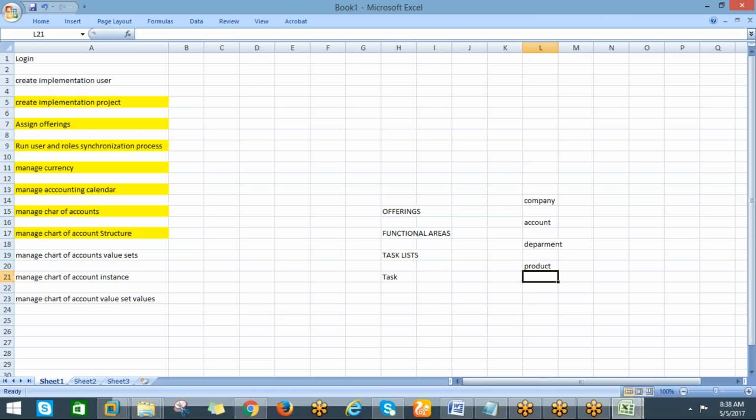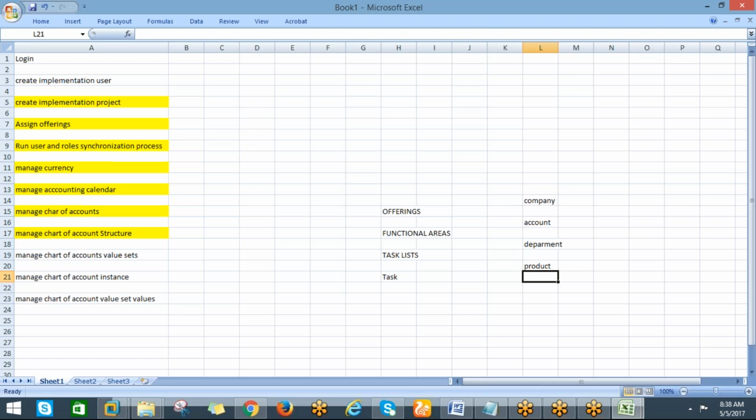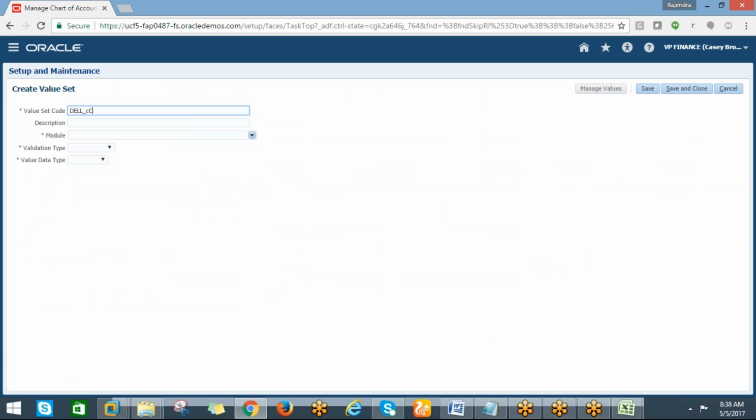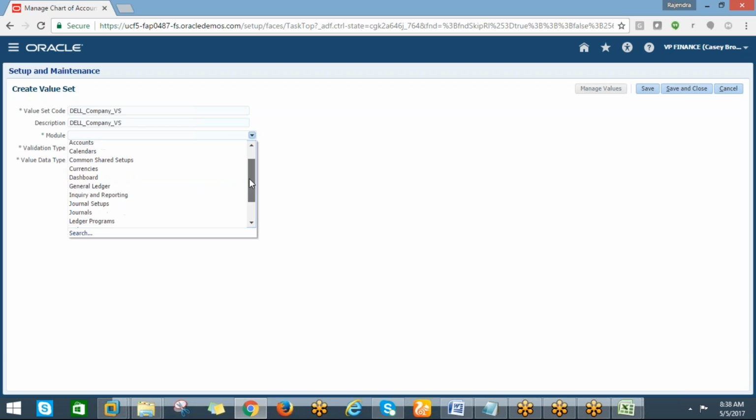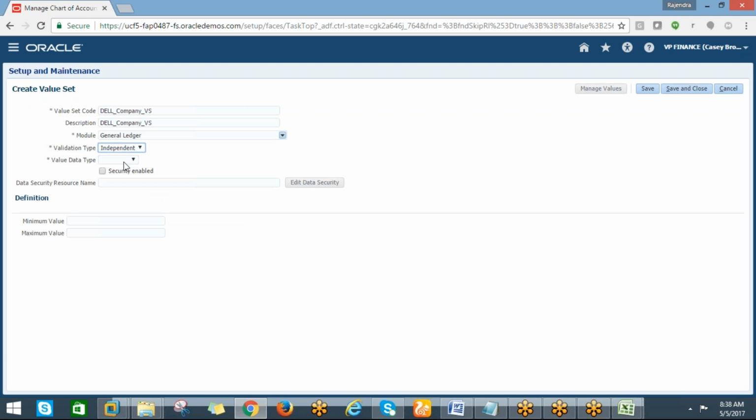So as per the client reporting. Okay. So now I'm taking Dell underscore company, Dell underscore company VS. So let me differentiate it as VS. Okay. So if it is a segment, then there will be a confusion. So I'm taking the Dell company VS, and the module, so it's a kind of a general ledger. Okay, general ledger module. Okay, so then validation, you can go for the independent value set, and the data type,